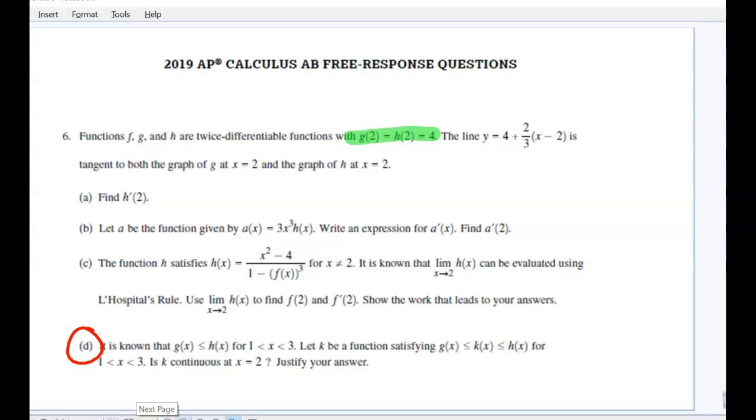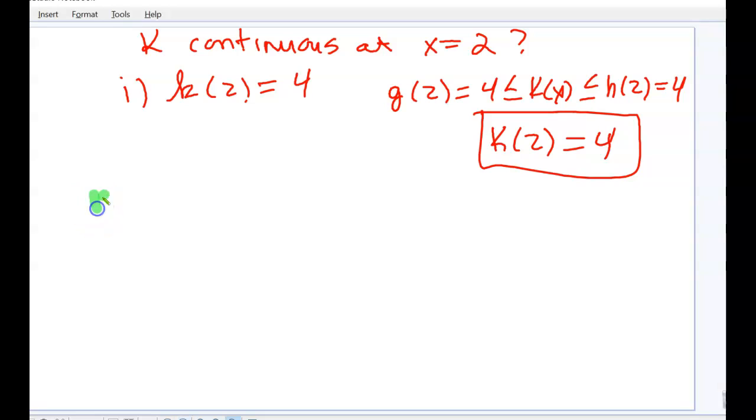To show that the limit as x approaches 2 of k of x also equals 4, we have to go back to the original question and look at this statement. It tells us that f, g, and h are twice differentiable. So if f, g, and h are twice differentiable, that means they are continuous. So if g of x and h of x are continuous, and g of 2 and h of 2 is 4, we can conclude that